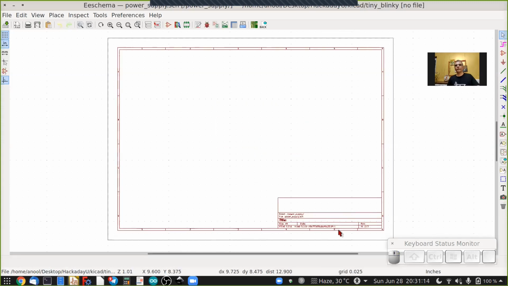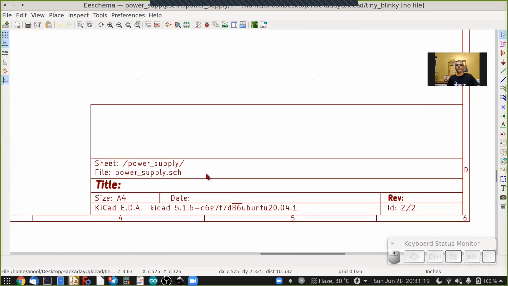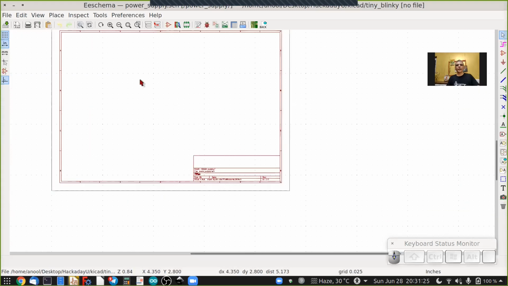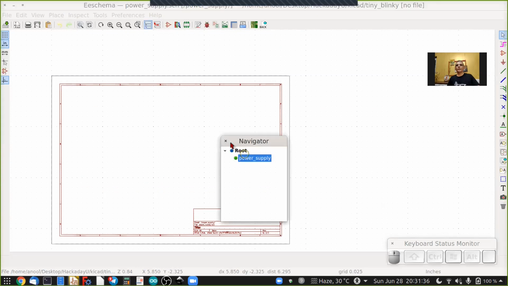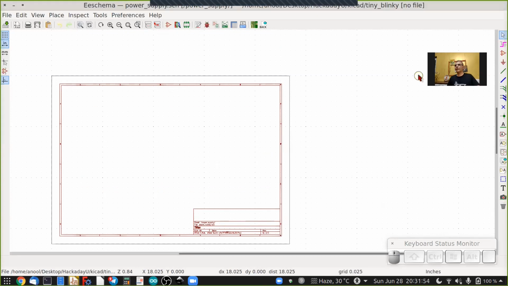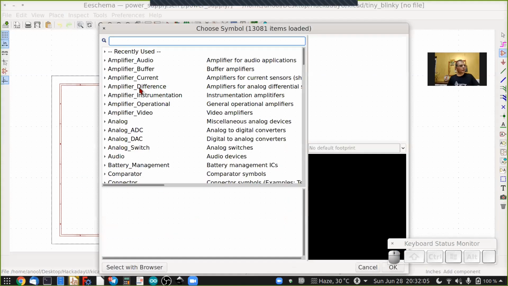And we have a fresh blank sheet here. If you look at the file name, it says power supply.sch. So we're going to add the power supply parts over here and then connect it to the sheet at the top, which you can see as a root. So as usual, we choose the place symbol command. Click once, bring it somewhere within your sheet. Click once, the libraries open up, search for